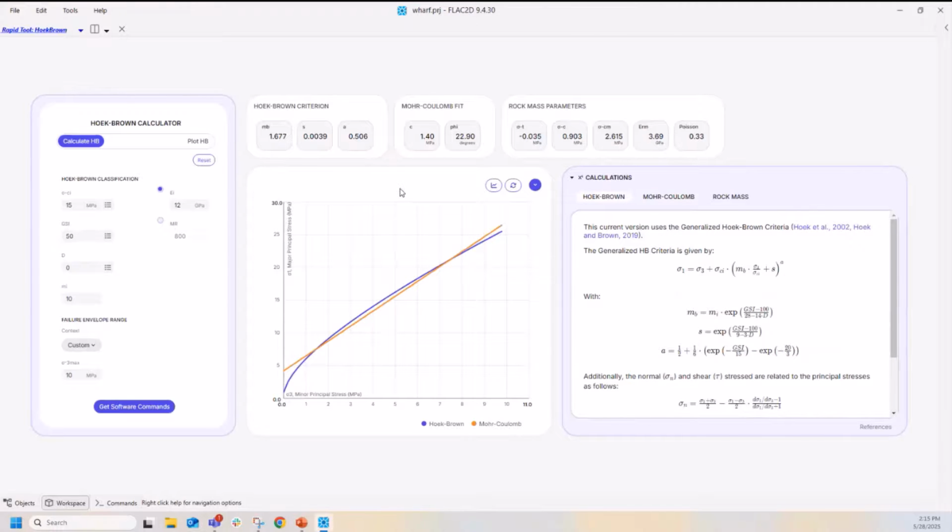A couple of other things to show here. If I have a curve that I like, I can export it. So I could say export data, and it will actually export the curves to a CSV file or something that I can import in Excel. The other thing I can do is import data. So let's say you have lab data, sigma 1 versus sigma 3. If I say import data,